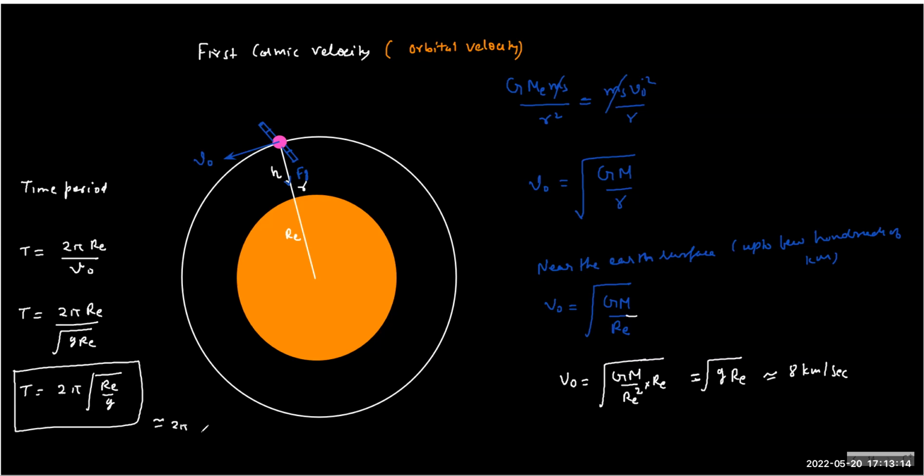It's easy to solve because r e is 6.4 into 10 power 6 meter, and g you can take roughly as 10, correct? Yes, sir. So roughly it is 2 pi and 10 power 5 and 10, 64 into 8 into 10 power 2. Sorry, 4, 5, and 2. Yeah, 2. So yeah, we are finding the time period. It is 1600 pi seconds.